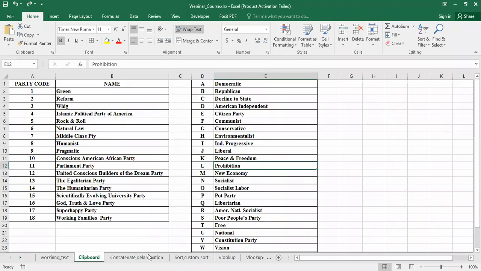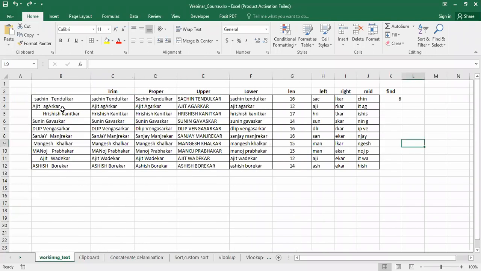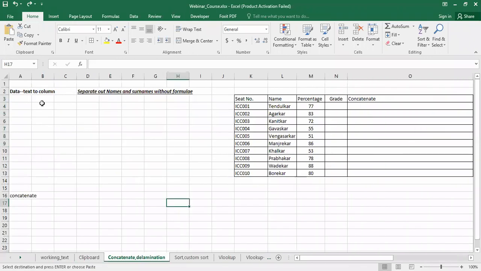Now we'll go to the next. So still we are in the basics. Some very important parts we are going to see in the coming session, in the next half an hour. The next one is the demonstration of concatenate and separating out names and surnames, like that. We'll check out what we have to do here. Let us say I have some data here, so I will copy some data from here, Control C, and I will paste it over here.